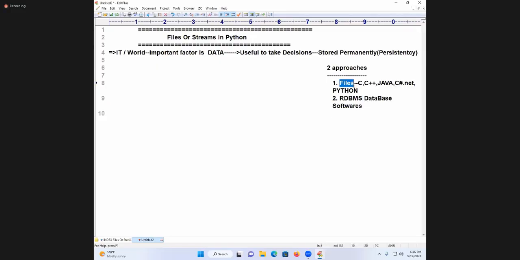I can store the data permanently in files also. Are you getting my point? So in the software industry, people will ask you, what is the use of files? To store the data permanently. For achieving data persistency, we go for files.